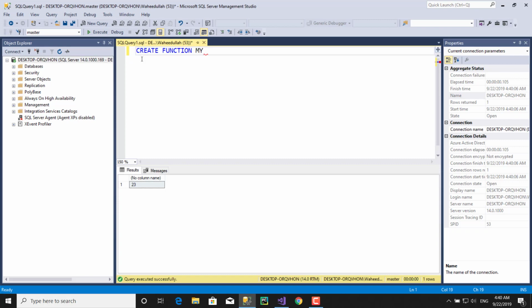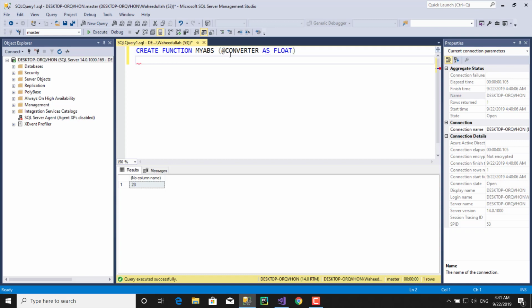My ABS means my absolute. My function just has one parameter. The name of the parameter can be anything you want, but I'll call it converter,